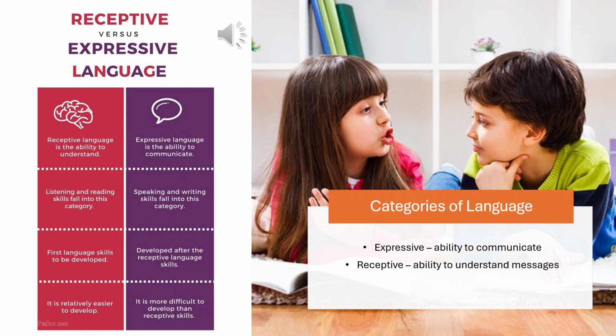So we're going to start with language, and the first place that we need to start is talking about the two different categories of language that we need to help children to develop. First we need to work on developing children's receptive language skills. This is their ability to take language in, to look at the verbal and nonverbal communications that exist in the world and how to make sense of what those say. You can see on the chart, it is the ability to understand language that is given to us.